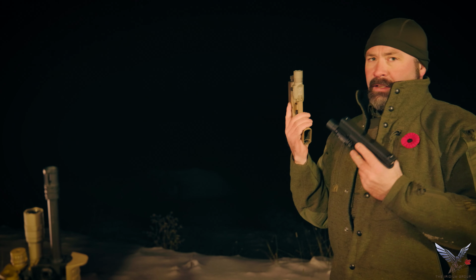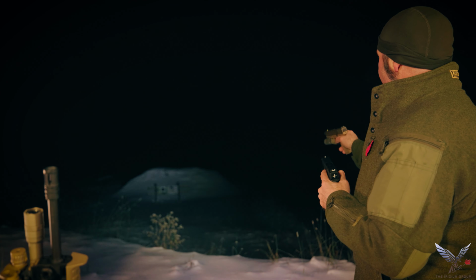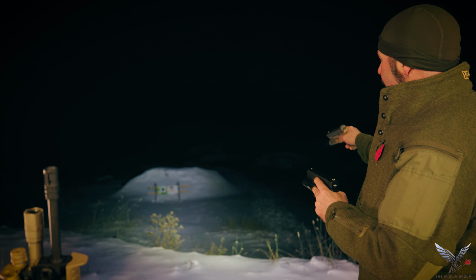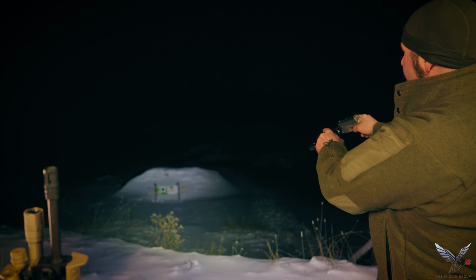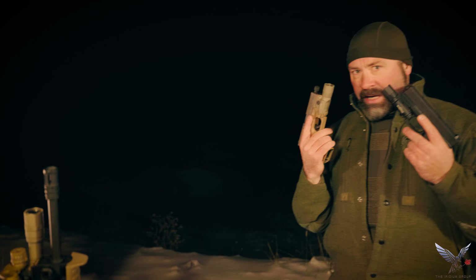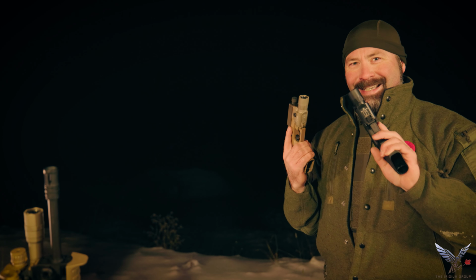So let's just illustrate this. This is our standard X300 Ultra at 25 meters, okay? There it is, and you could see that target stand. Now let's just see which one of these puts out a better light. Okay, there, so this one's on, and now this one. So if you were to get into a flashlight fight with someone, I don't recommend it, but photonic barriers,